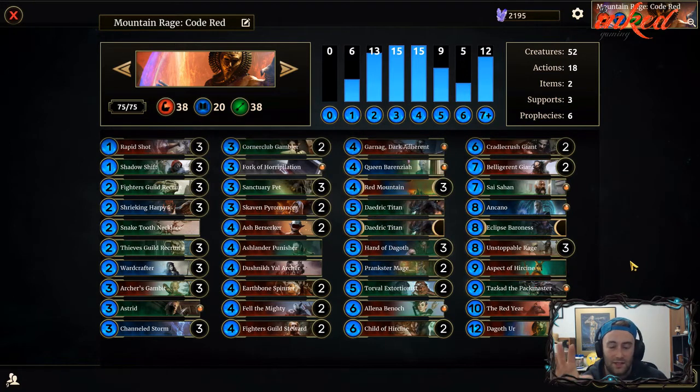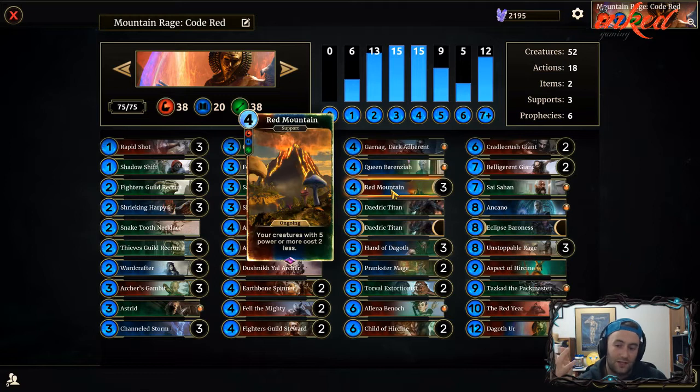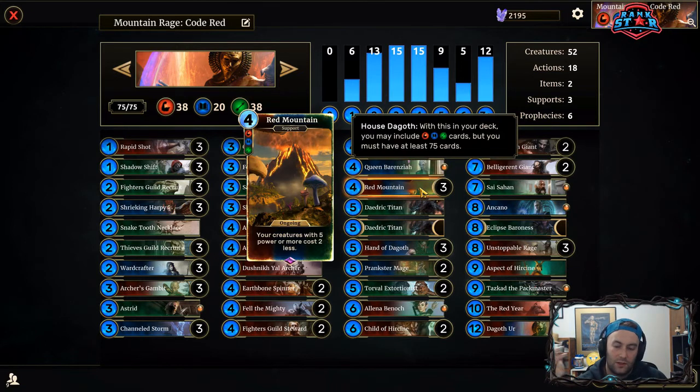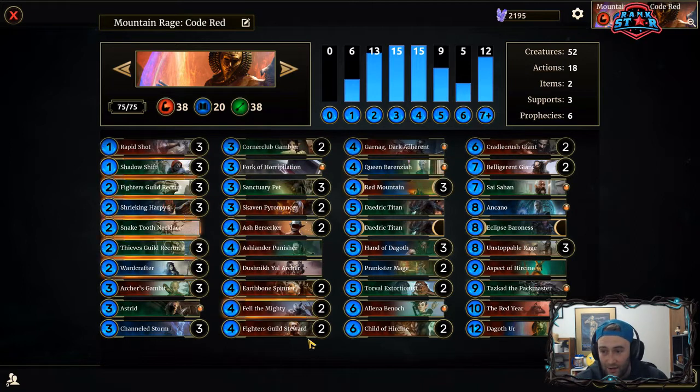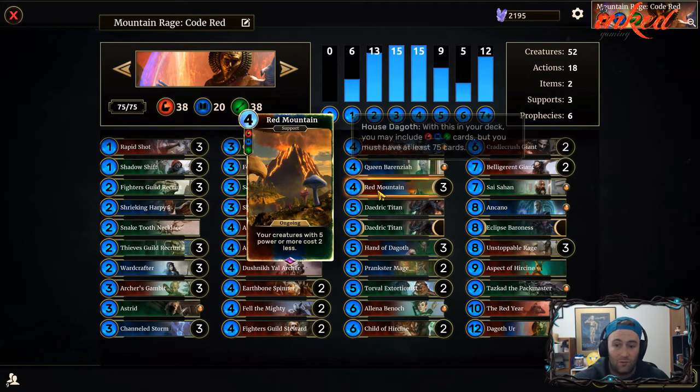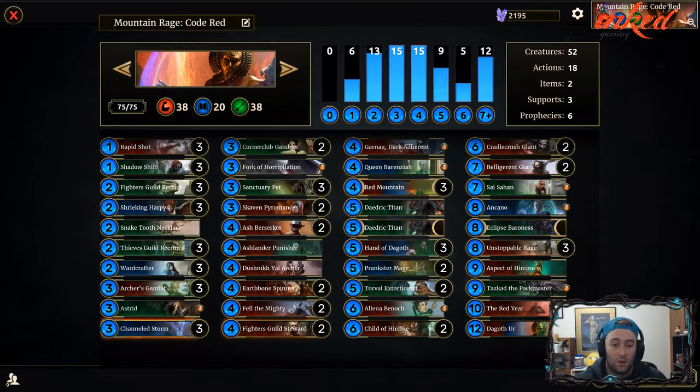The thing about this, guys, and I really want to stress this because I was a little apprehensive about playing around with this, but in my testing, this has been the case. Red Mountain is icing. You don't need this card to play a great Dagoth Rage deck, and you also don't need to get Red Mountain to make this deck that you have here win. Granted, it's a little high on the top end if you weren't playing Red Mountain, but even without Red Mountain,